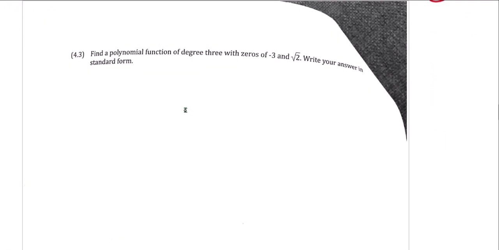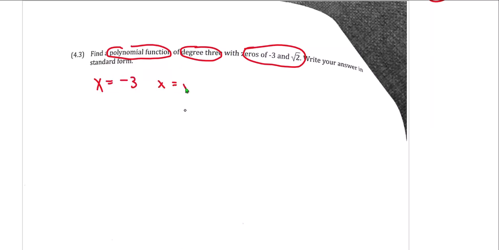In the next one, 4.3, same sort of thing here. We need a polynomial function, degree 3, zeros negative 3 and root 2. So again, let's write our zeros. Remember, we talked about the fact that an irrational number, in this context,